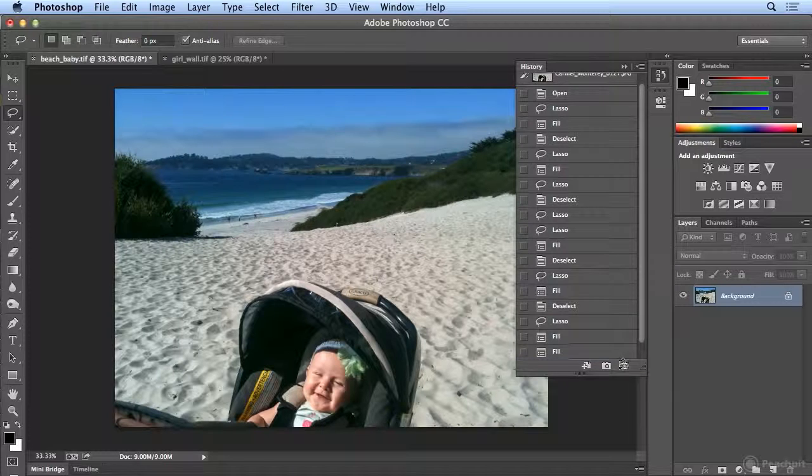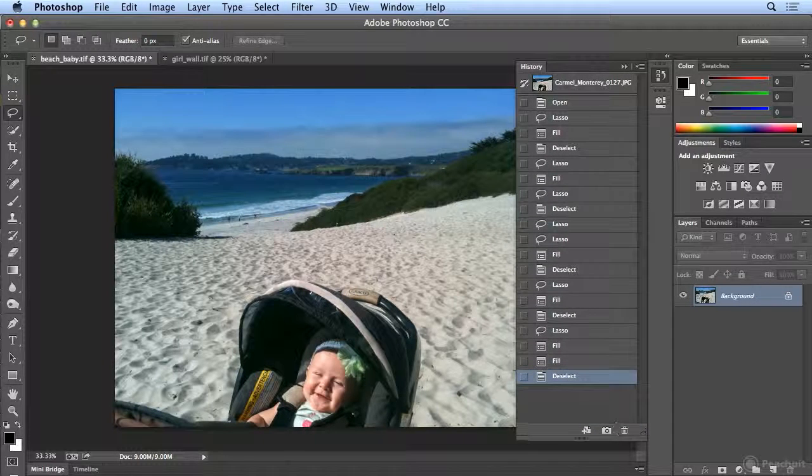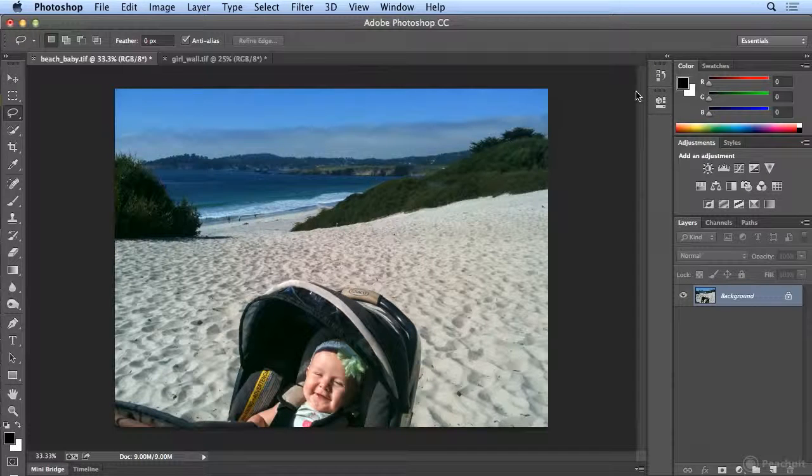History shows all the things I've done since I opened the file. And if I click once on the top, here's my before. Click once on the last thing you did, the name of the thing you did, which in this case is Deselect. Here's after. It is like a magic tourist remover for all your travel or vacation shots,